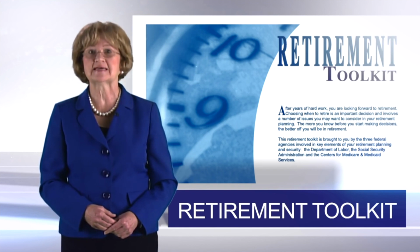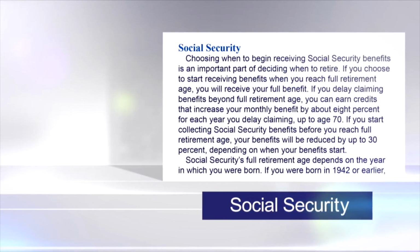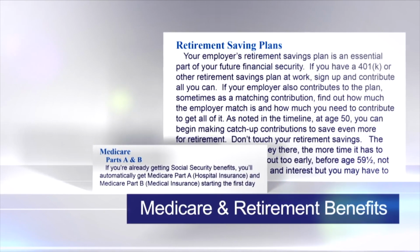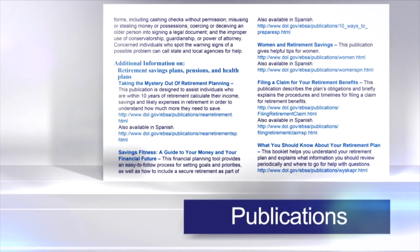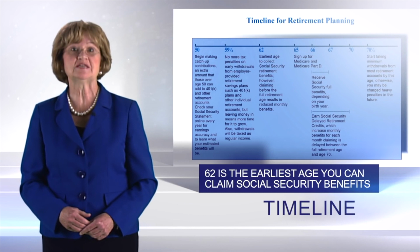The toolkit contains a brief description of your Social Security benefits, your Medicare benefits, and the personal retirement savings accounts you may have through your employer. It also contains a list of publications and interactive tools to help you plan for retirement. And I think its most important feature is a timeline that indicates at what ages you need to make decisions